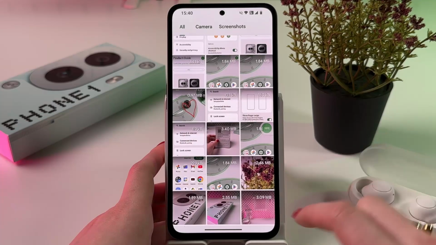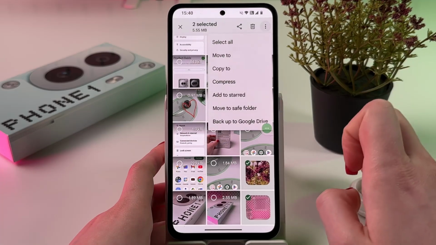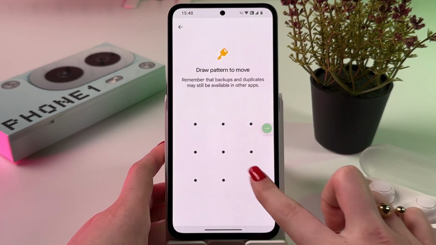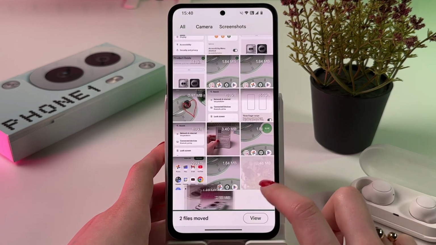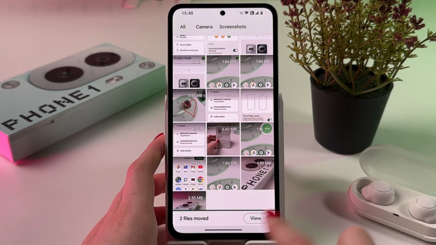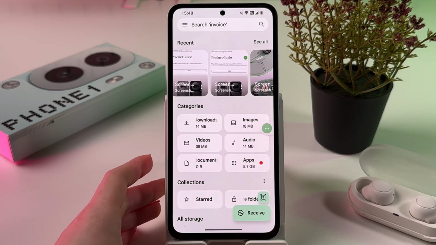So let's try this out again. I'm gonna move this photo as well, and this one. I'm gonna tap on 3 dots and choose move to save folder. All as usual, confirm your pattern or pin code, and now we can actually view those photos and videos, or